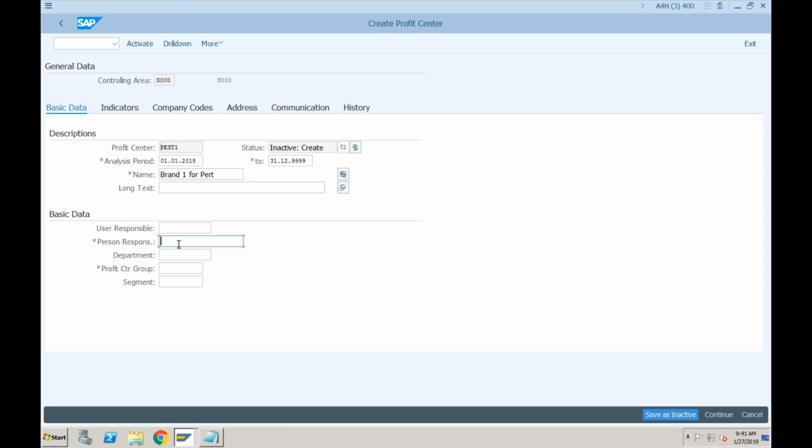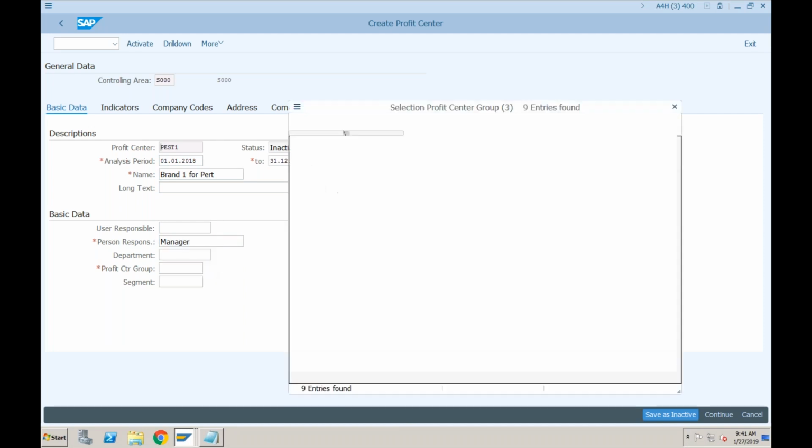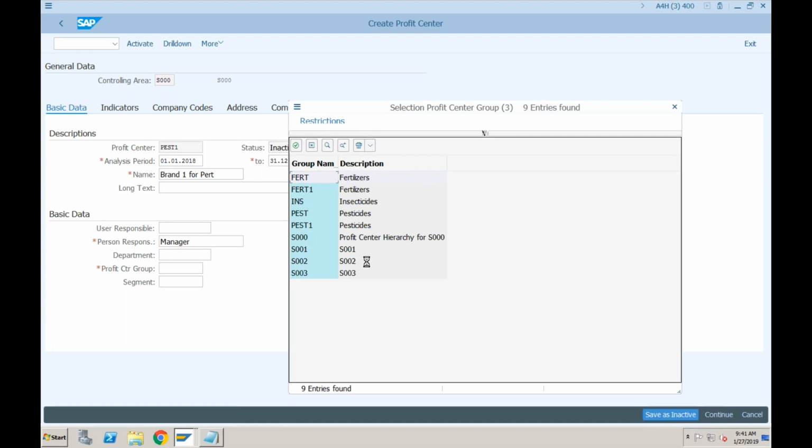Person responsible, same thing we discussed yesterday: the manager who is responsible for profit and loss of this particular profit center. So I will specify this as manager. And profit center group is nothing but the hierarchy that we just now created. We are creating this for pesticide 1. This is a group, this is not a description, so we will go with this one.